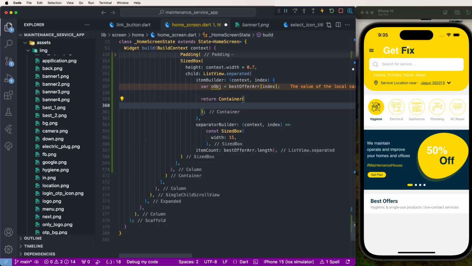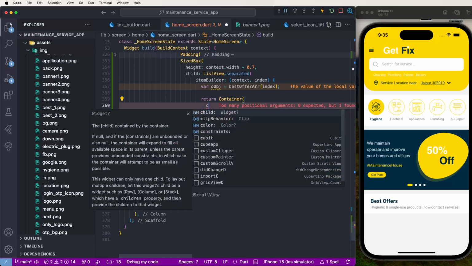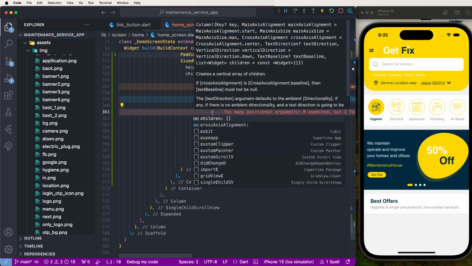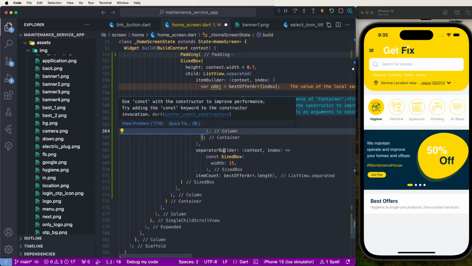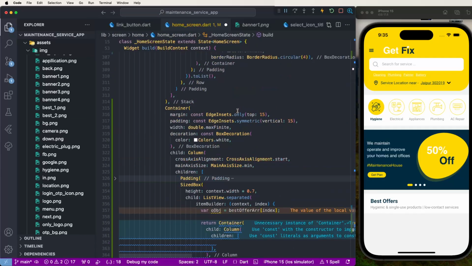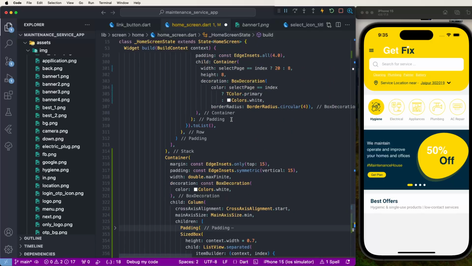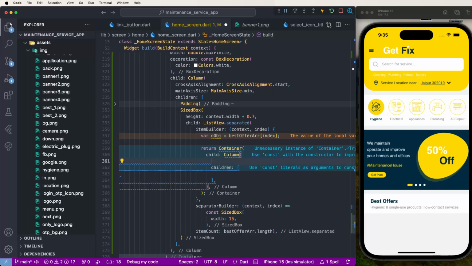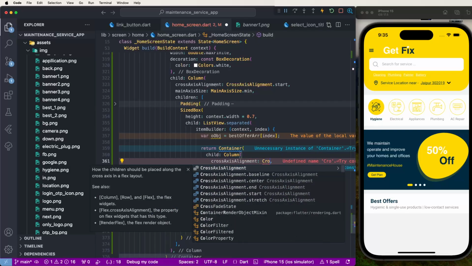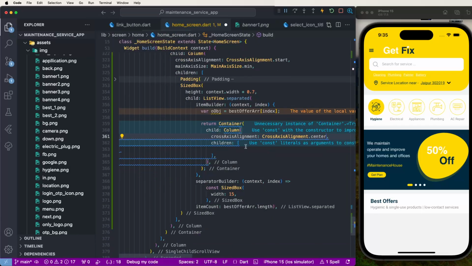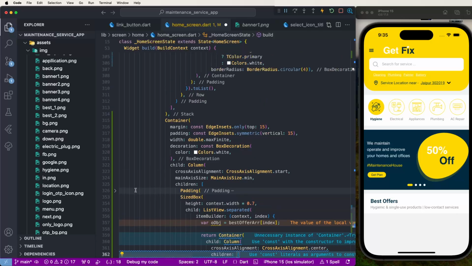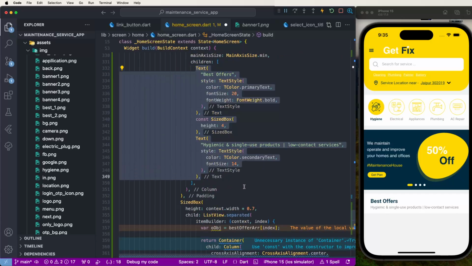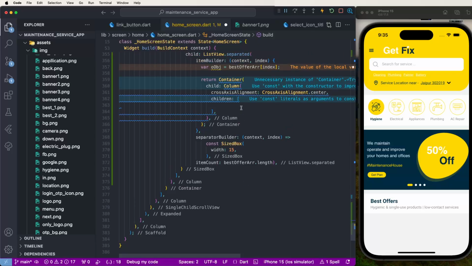Now we need to develop the UI. First of all, we need to set the children, create a column like here, and first declare the titles and subtitles. We need to set the cross axis alignment to center. Now we need to set the titles. Now we need to copy this value, and paste it into this UI,